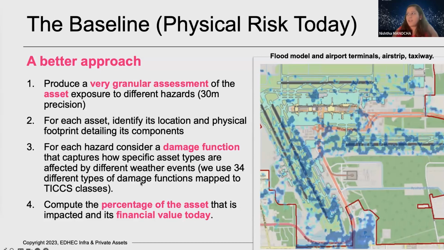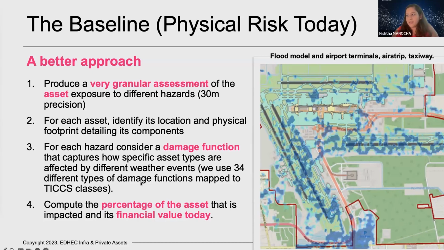So for example, our flood models have a precision of 30 meters by 30 meters. We can then identify the location and physical footprint at this level of granularity. Now, once we know your asset in an extremely granular high definition model, and what hazards it is exposed to, we then bring